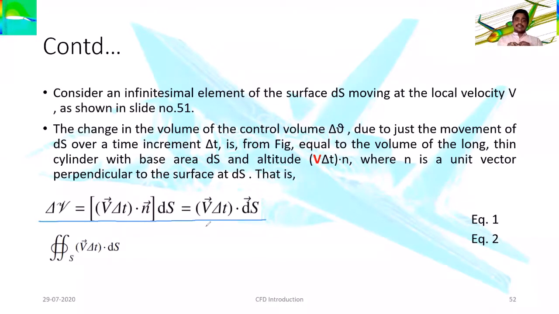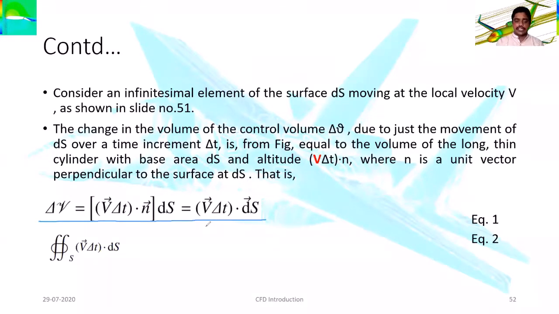And what exactly this n represents is the normal component of the velocity vector. It's a unit vector perpendicular to the surface, so n is equal to 1. And the surface area which has been taken in that direction is ds. So that is meters, and the surface area into the meters is meter cube.